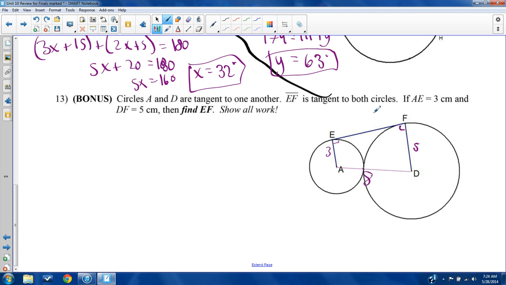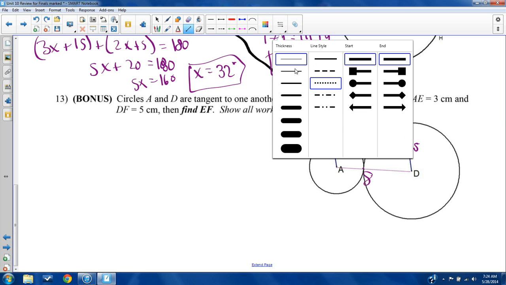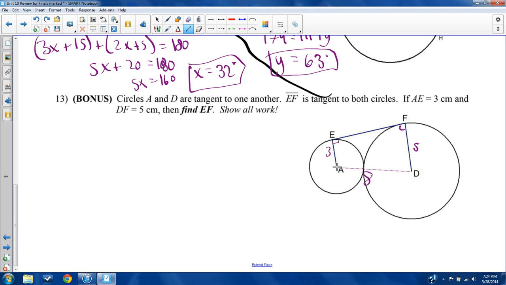Okay, this is going to be interesting. What I do have here is a quadrilateral, but not only a quadrilateral, I have a trapezoid. Not that that's going to mean too much for you. What I'm actually going to do is divide this trapezoid into a rectangle and a triangle. The reason is because I need to probably use the Pythagorean Theorem to find out this stuff here. So if I draw a rectangle here,